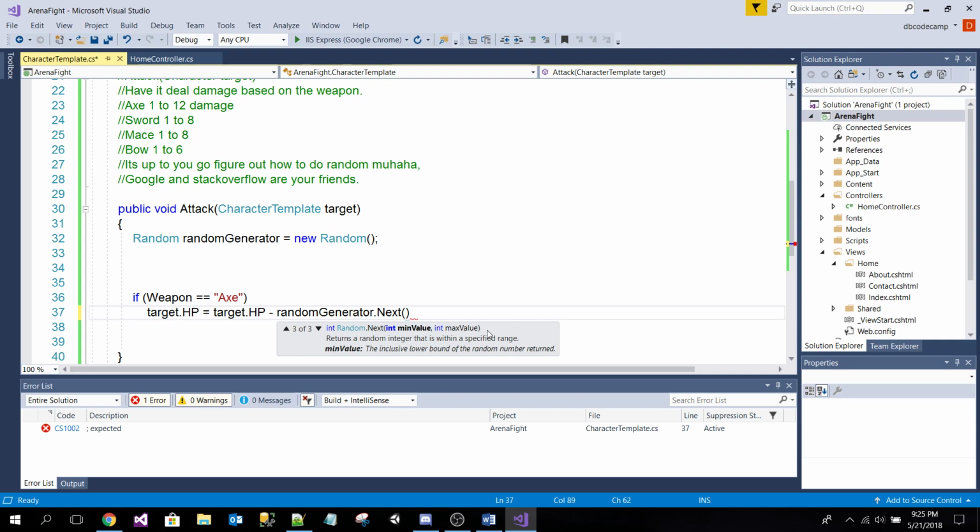range. See where it says min value, the inclusive lower bound of the random number returned. So you see that's important, the inclusive. So if we put 0, it's going to include 0, and we don't want that, so it has to be from 1. So yeah, you're correct. It's from 1 to 12. Yeah, because it's